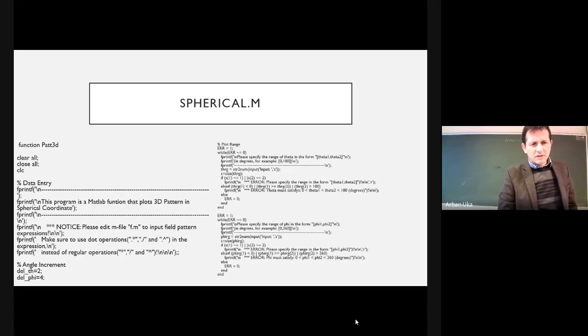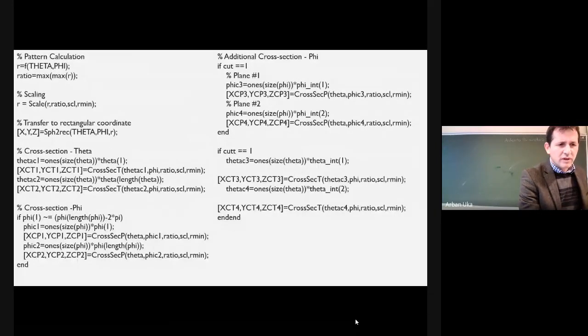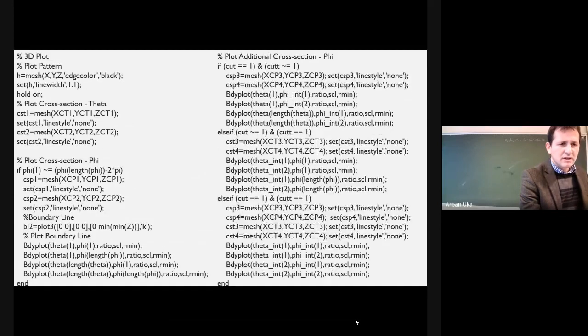And of course, the smaller the delta theta and delta phi, which are at the bottom left-hand side of the page, the smaller these angle increments, the higher the angular resolution you can obtain, because you can see a smoother change of the electric field components. The code is somewhat long. You can go over these codes, and what you might have to check is which are the key lines in the code that do the simulation.